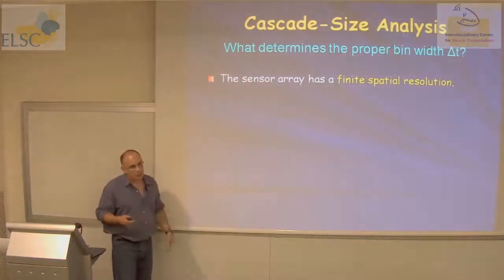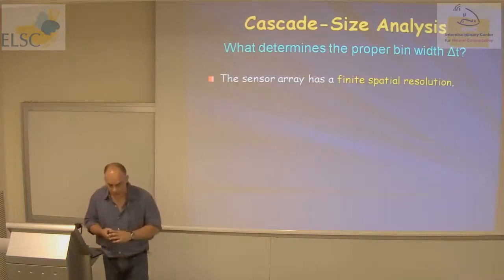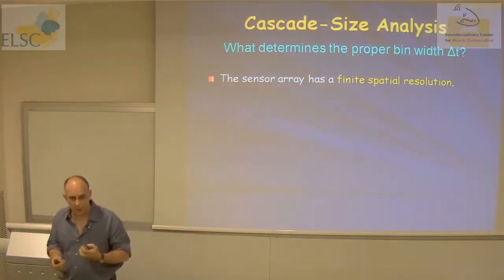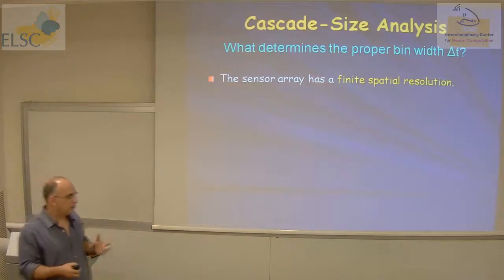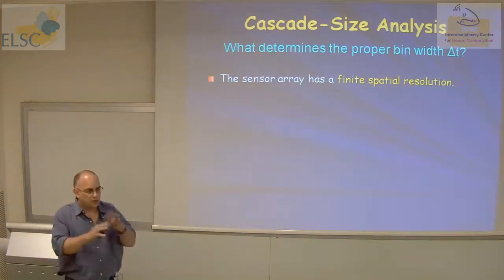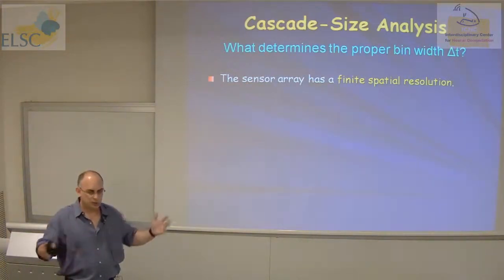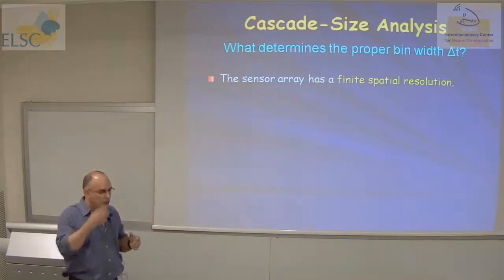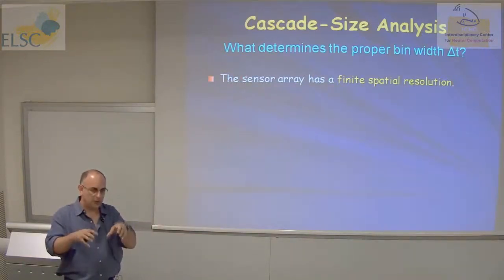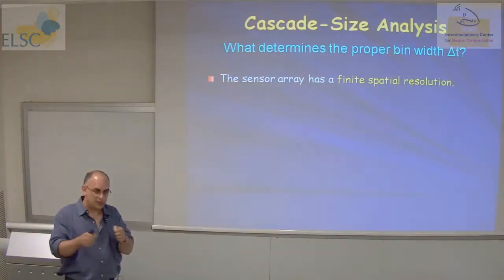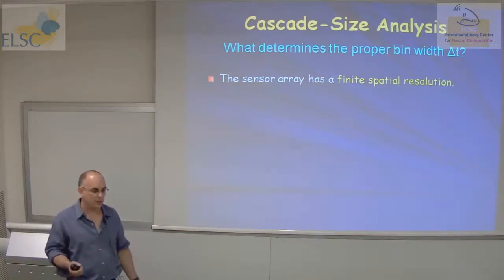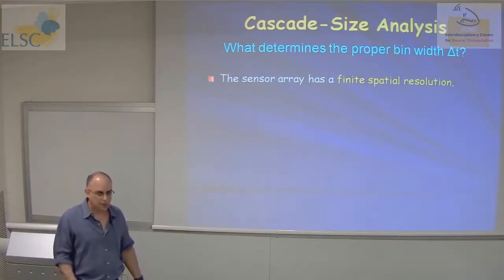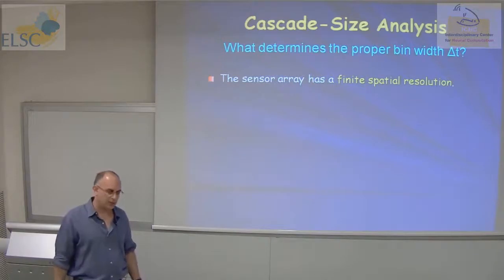I want to explain why we have this kind of delta t. It's a bit technical, but I want to give some intuition. From the point of view of the MEG, the Cortex may be like a continuum sheet, but really we have a finite sampling. We have some sensor spacing, which is roughly on the order of 1 centimeter in the context of the MEG, 200 microns in the context of the MEAs.